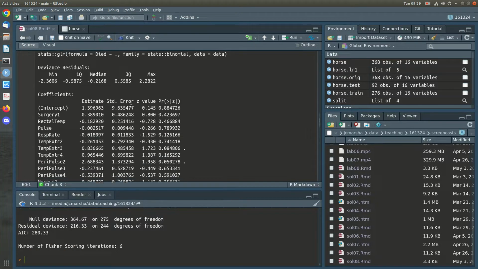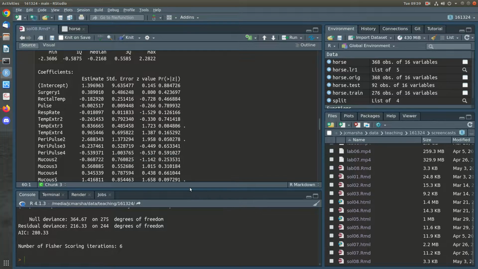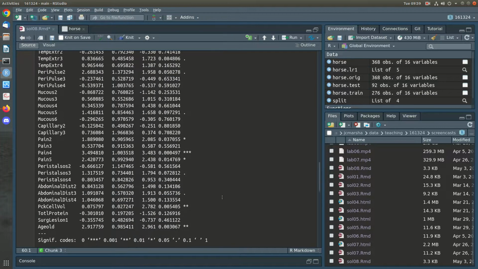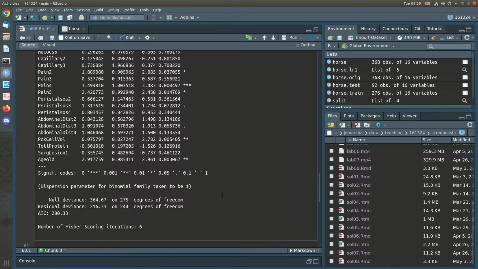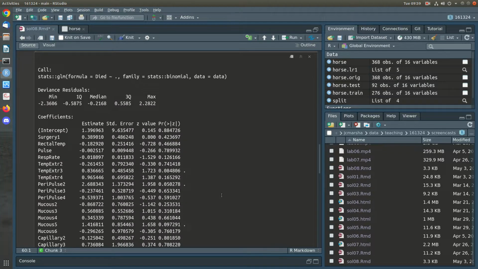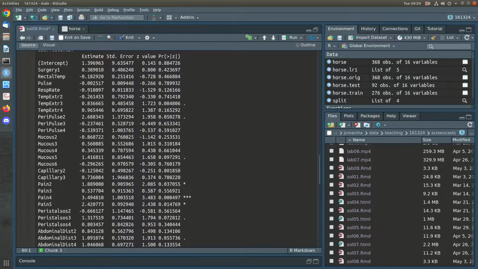Okay, so there's the summary table, which is very similar to the summary table that you would get from a linear regression, right? In that you've got the intercept term, and then you've got each of the effects here. And these effects are for the linear predictor, so these are on the logit scale. So you remember that there's a transformation between the linear predictor and the outcome variable, the response scale, which is a logistic function. So we've got the log odds, which is log of p over 1 minus p, is modeled on this scale